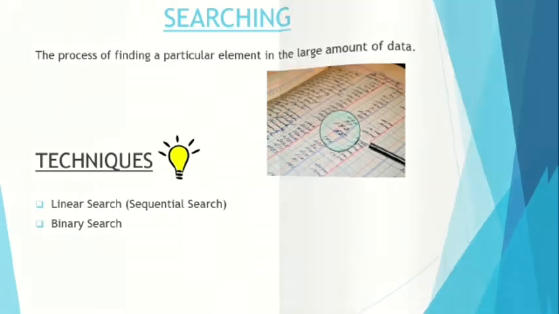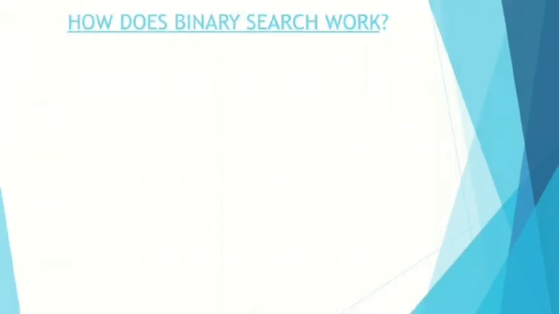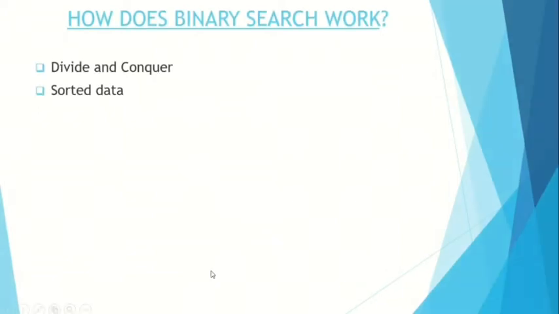Then, what is binary searching and how does it work? Binary searching is one of the fastest searching algorithms. It is used to find the location of an element in linear array. It works on the principle of divide and conquer technique. And one thing to remember, binary search algorithm can be applied only on sorted arrays. So this is a simple algorithm for finding an item in a sorted list of elements.